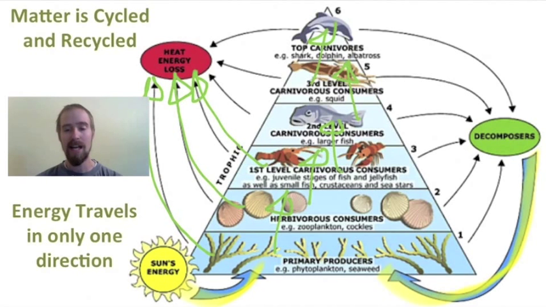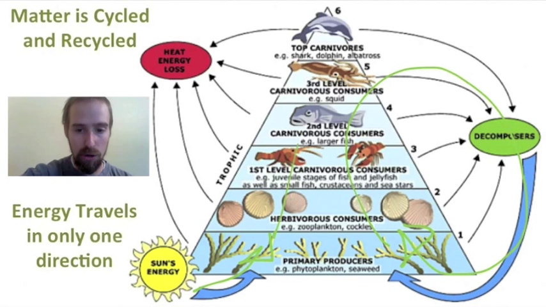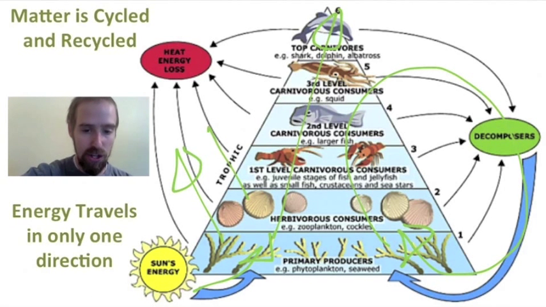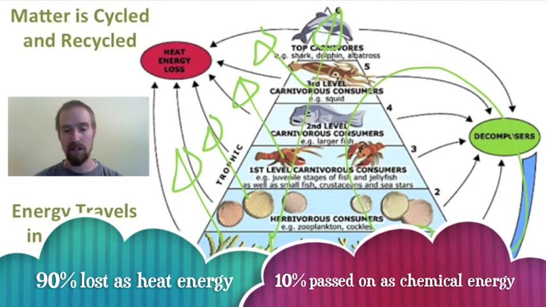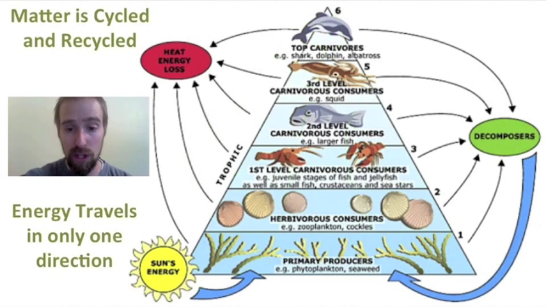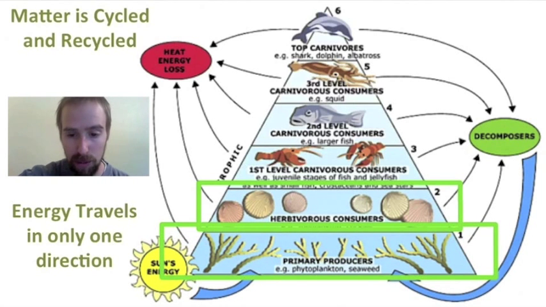So the big picture here is that matter gets recycled. Matter goes around and around in circles. Energy, however, comes in from the sun, goes through the food chain, and becomes less usable at every step of the way. In fact, we estimate that about 90% of the energy at each trophic level, or at each feeding level, is lost before it gets up to the next energy level. So if we look at this pyramid from that perspective, that means that our herbivores here are only getting about 10% of the energy that's available in the level below them.